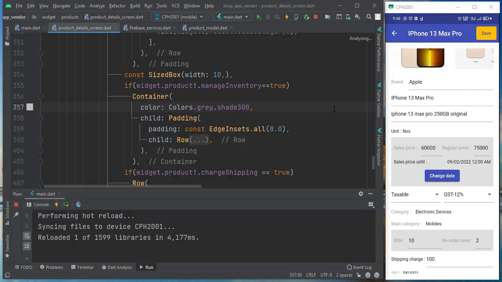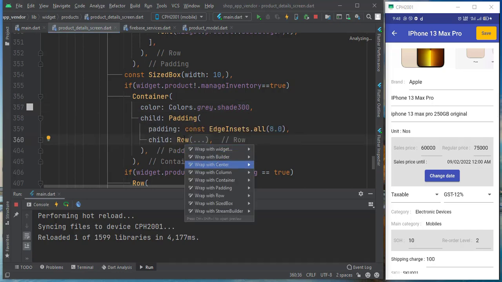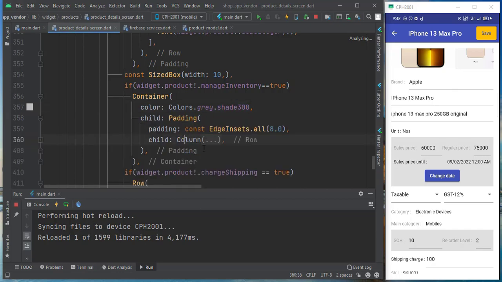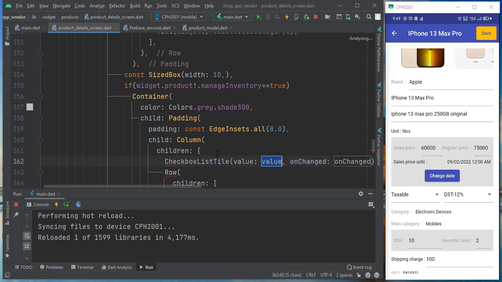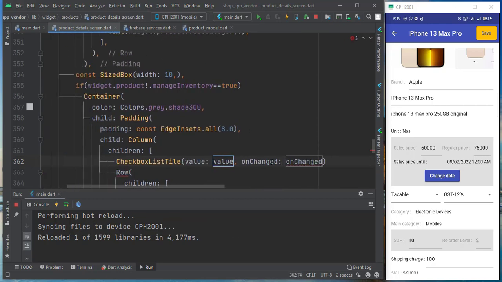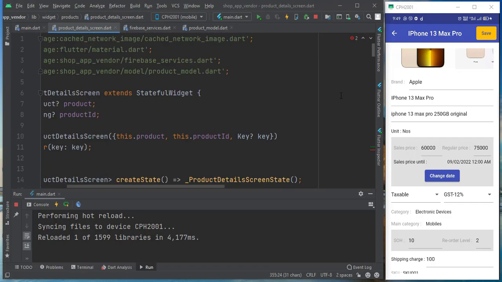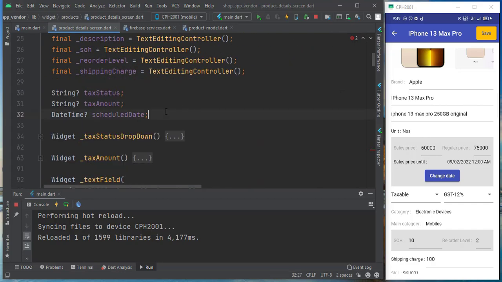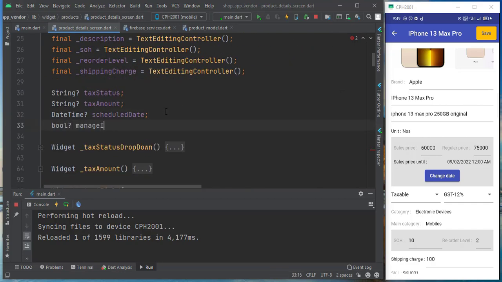Now, before this row, you can bring inside a column, and you can bring our checkbox list tile, and the value you can show our manage inventory, that is this one, not this one. Actually, you can do one thing here. Bool manage inventory,